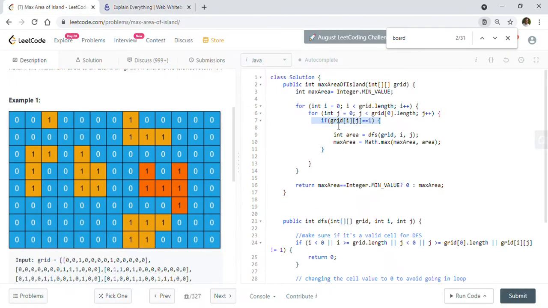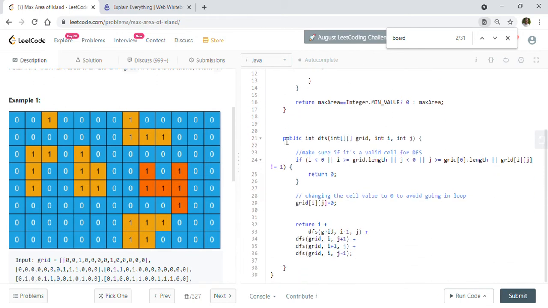So here we are going to apply the DFS on the i, jth cell, and we will pass the grid to the DFS function, and DFS will return us the area of that island. So here is the implementation of the DFS function. First we will make sure that we are not going out of the boundary, and that we are actually looking at a cell with value 1, because only that we are going to count as a part of land, right? Because part of land means part of an island.